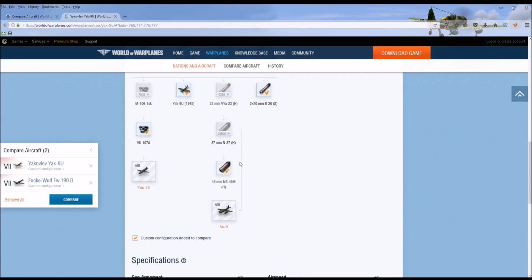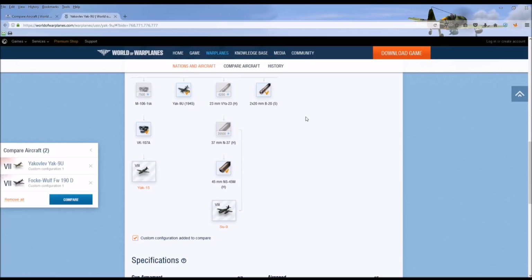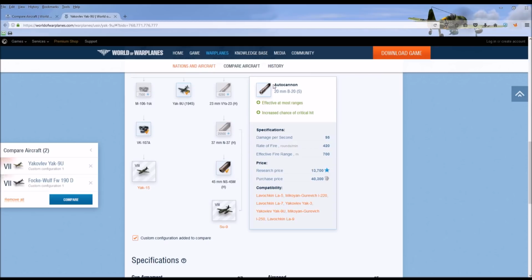Now you could go with the 37mm cannon, which interestingly enough does more damage, but the problem there is you lose about 400 meters of effective firing range, which is pretty significant. But the 9U also has two 20 millimeter cannons, which do the same damage per second and have a slightly faster rate of fire, 20 rounds per minute faster than the 190D, but they have an effective firing range of 700 meters versus the 780 meters